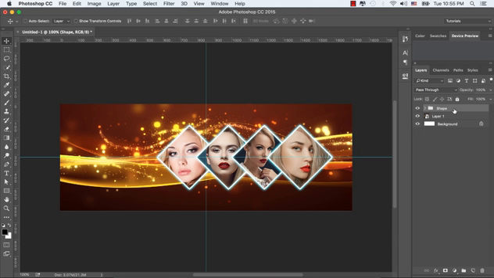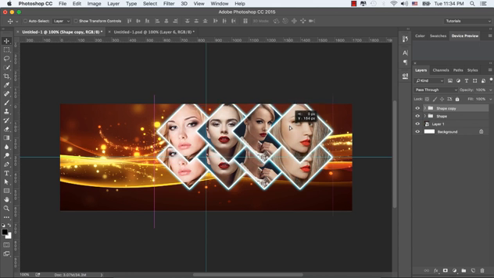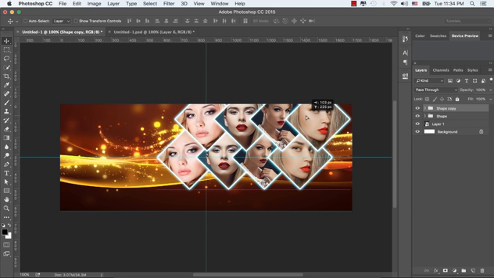So we have pasted the layer style to all the other rectangular shapes. Now let's make another copy of this shape group. So we now have two duplicate copies.